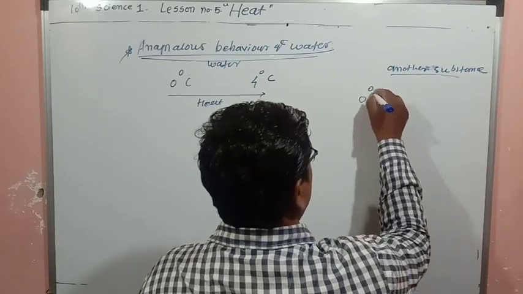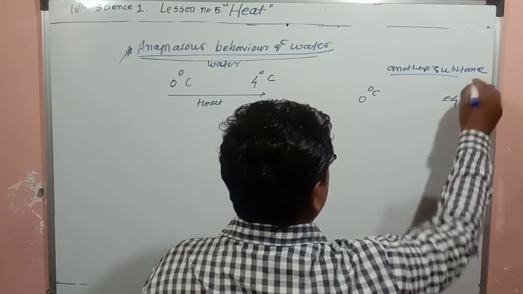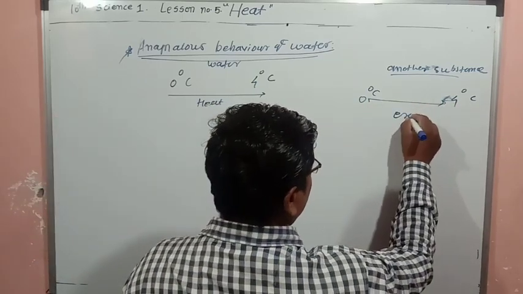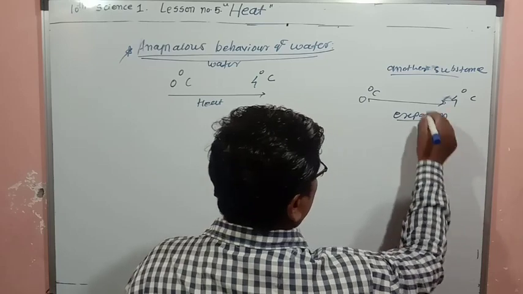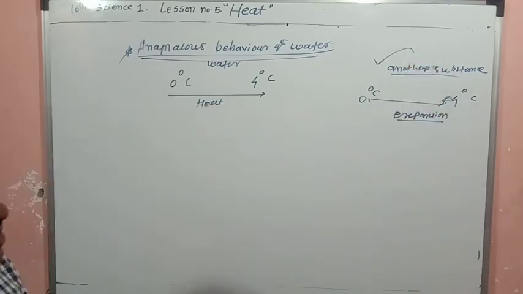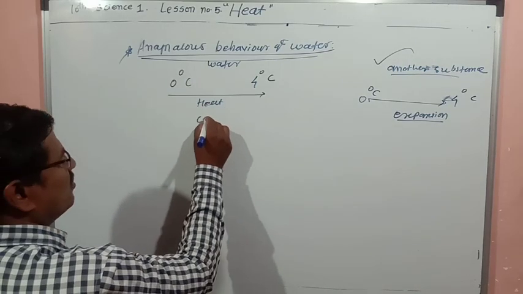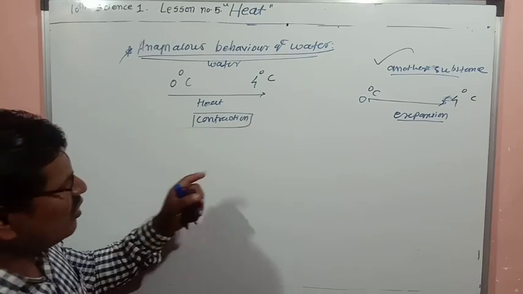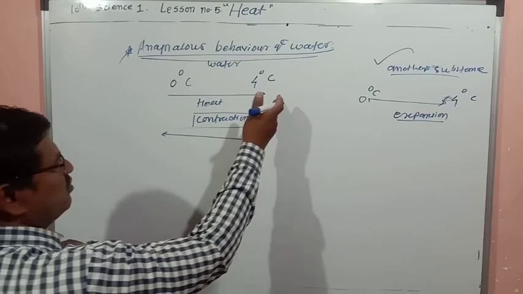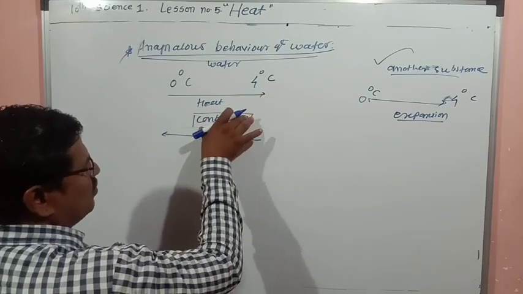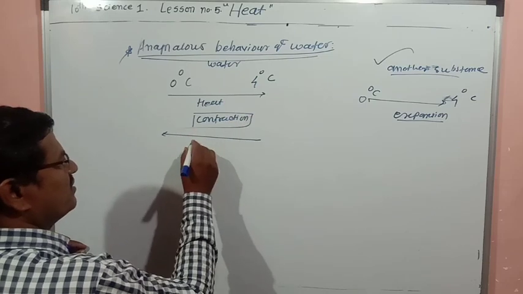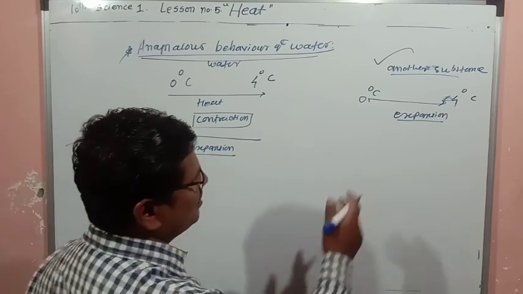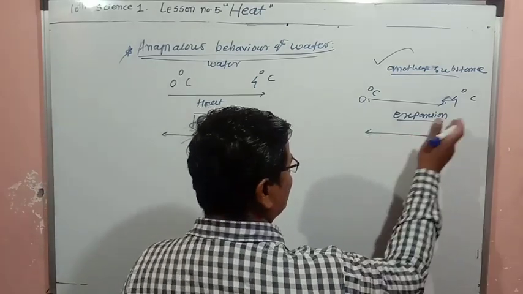Suppose 0 degrees Celsius and 4 degrees Celsius. In the case of other substances, what takes place here? Expansion takes place between 0 and 4 degrees Celsius. But for water, contraction takes place on heating. And on cooling from 4 to 0 degrees Celsius, water expands, and in other substances, when you cool from 4 to 0 degrees Celsius,